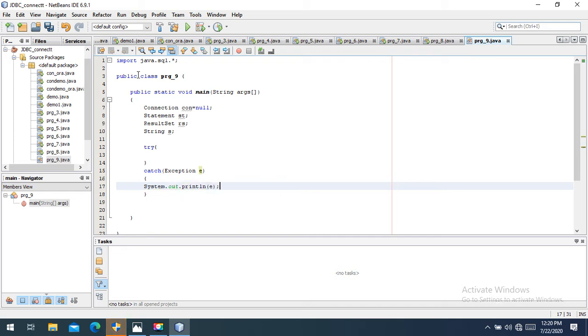Okay, that's it. These are the common coding of all programs. If you have observed, these lines we are writing in each and every program for doing connection either with Access database or with Oracle, right? Now what is next? We will provide the driver name using forName method. For that time writing